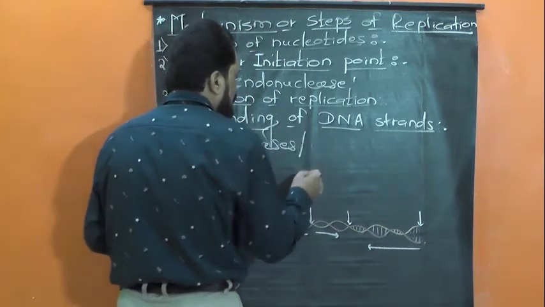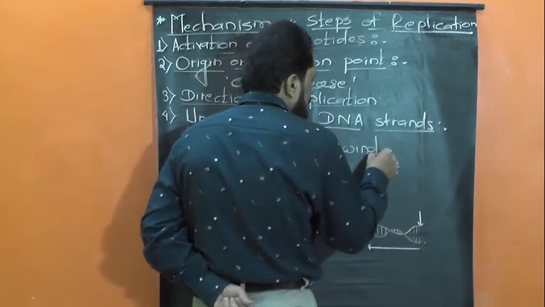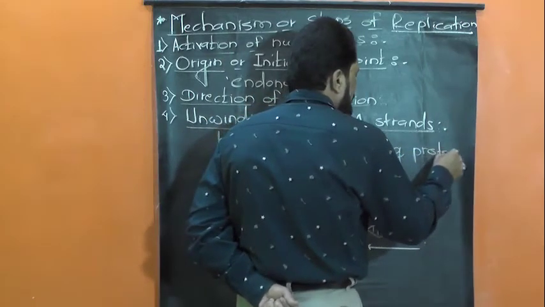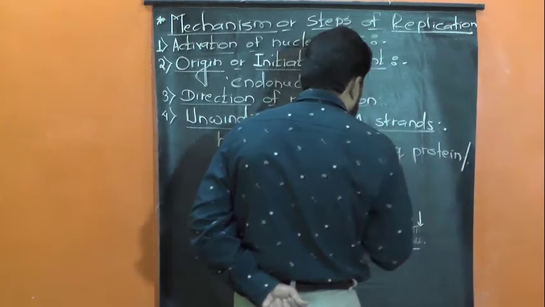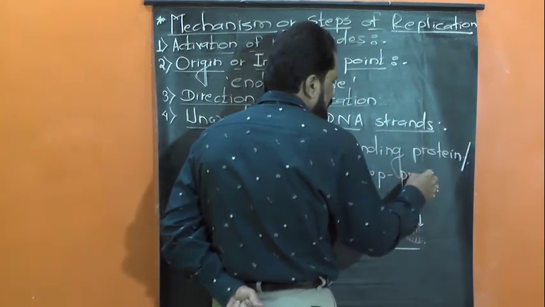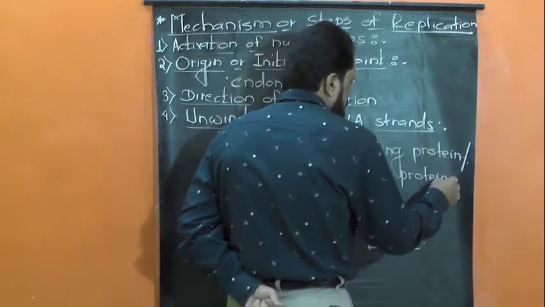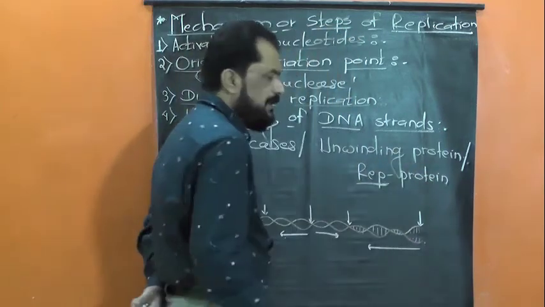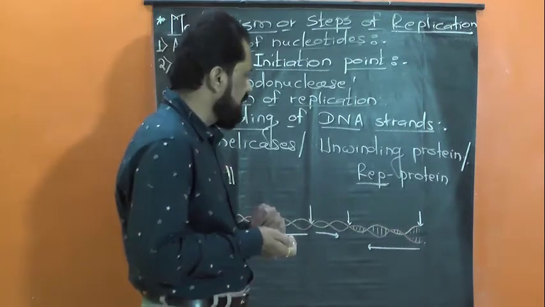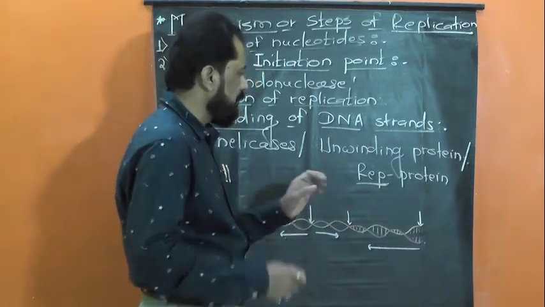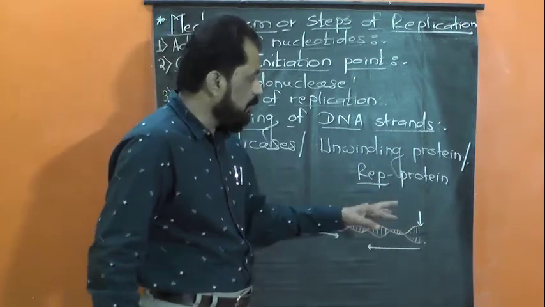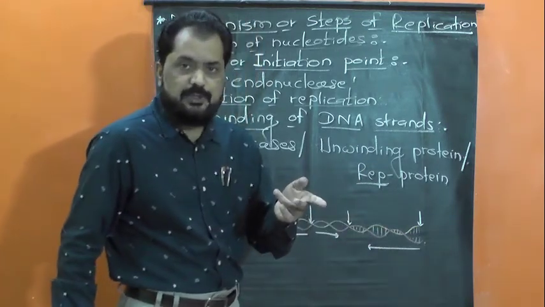Helicases or unwinding protein, helix unwinding protein, or it may be called as a rep protein. Here REP, rep it stands for replication. So these helicases or DNA unwinding protein or rep protein, they bring about the uncoiling of both strands of DNA